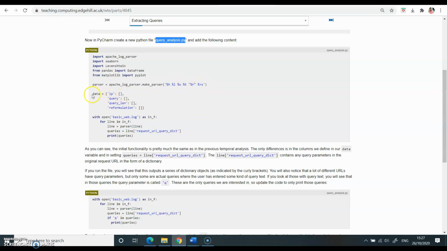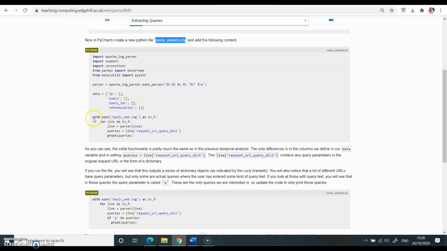And then you are creating a list variable, and the name of this list variable is data, and we have other list variables also, like IP address, query length, and reformulation. So this IP is a list variable, query is a list variable, query_length is a list variable, and reformulation is also a list variable.